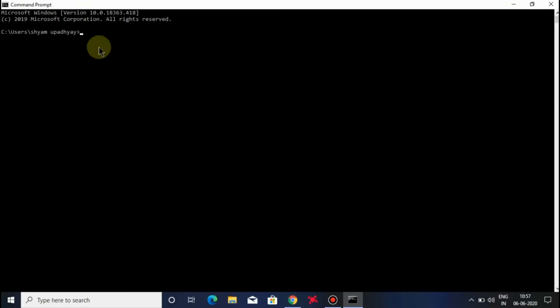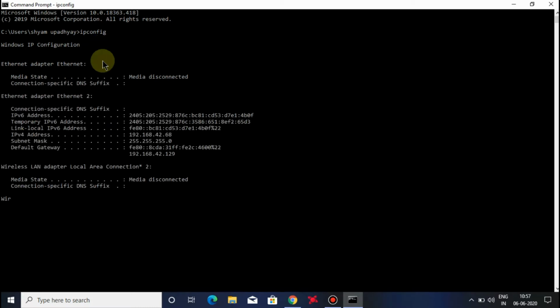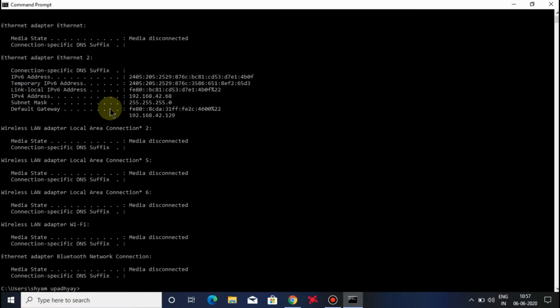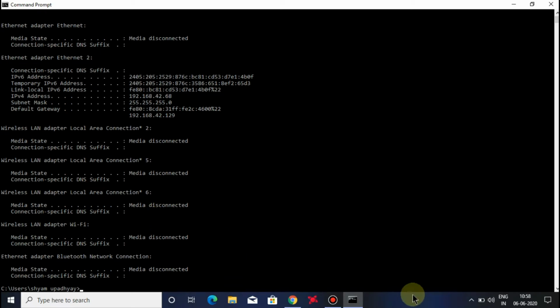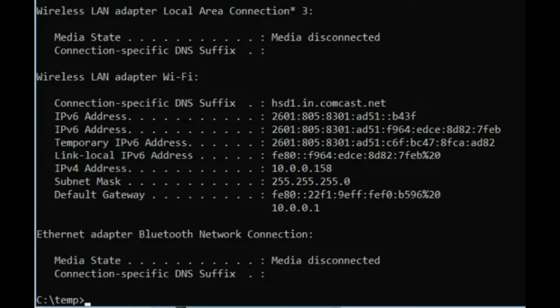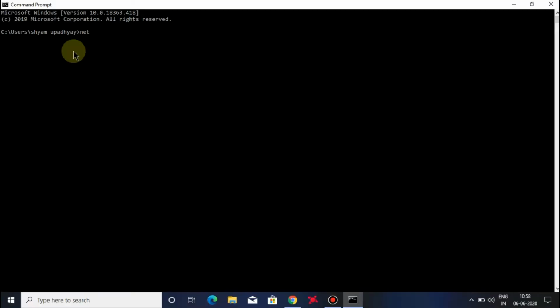Number 3. IPCONFIG. Network troubleshooting is never simple, but one command that makes it much easier is ipconfig. Using this command in the command prompt returns detailed information about your current network adapter connections, including: number 1, current IP address; number 2, subnet mask; number 3, default gateway IP; and number 4, current domain. This information can help you troubleshoot router issues and other connection issues you could be having with your network adapter.